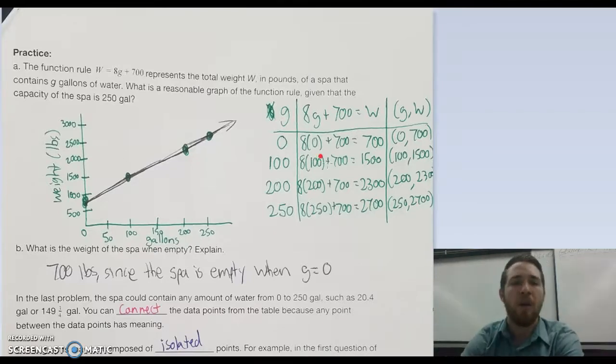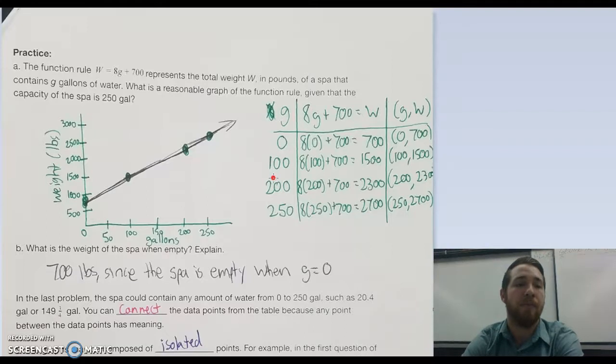weigh. So plug in 0, I get 700. Plug in 100, I get 1500. 200 gets me 2300, and 250 gets me 2700. And these values don't really matter so much as far as what you're going to choose. You only need to choose a few points to kind of get an idea of what your graph is going to look like. I just chose 100, 200 because those are nice and round numbers that are easy to plug